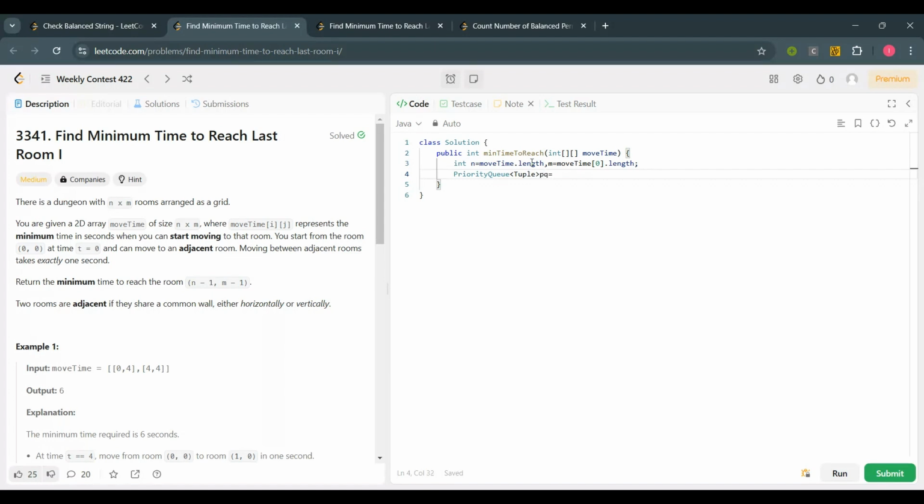So here we will define our priority queue as new PriorityQueue, and this will be sorted based on time factor. So here we will take x comma y, and this lambda function will sort all the values based on time factor. So firstly let's make the tuple. So class tuple,